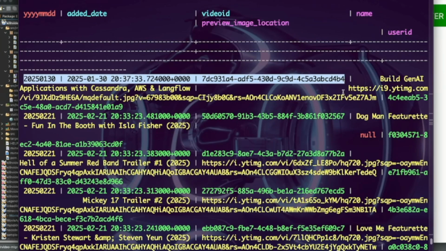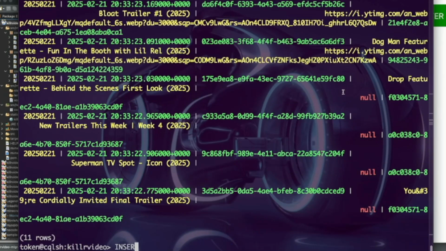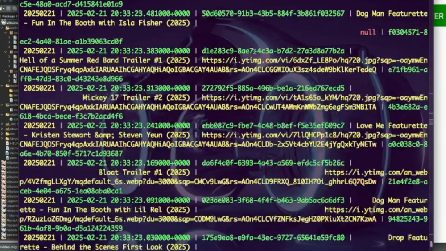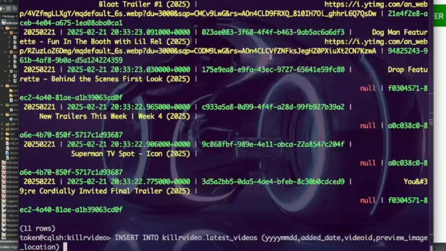So let's insert into Killer Video, and we're going to say y, mmdd, and then added date, video ID, and then preview image location. That's right.